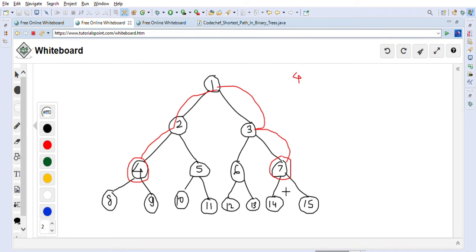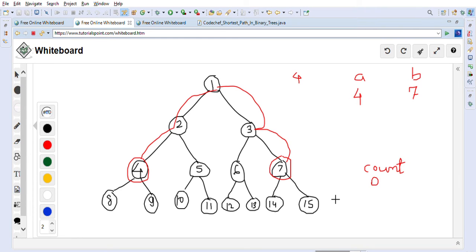So let's now think about this. This is basically a binary tree. What we can do to solve this problem is, let's say we have been given two variables, a and b. So a is 4 and b is 7. Let's think that 4 and 7 are given to us in the query. We will create one count variable, and it is 0 in the beginning.